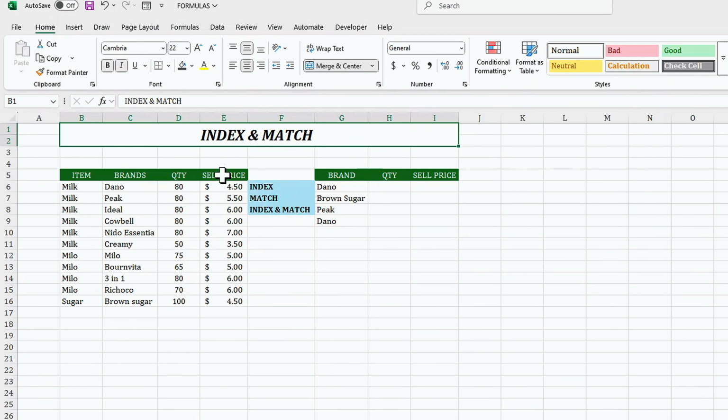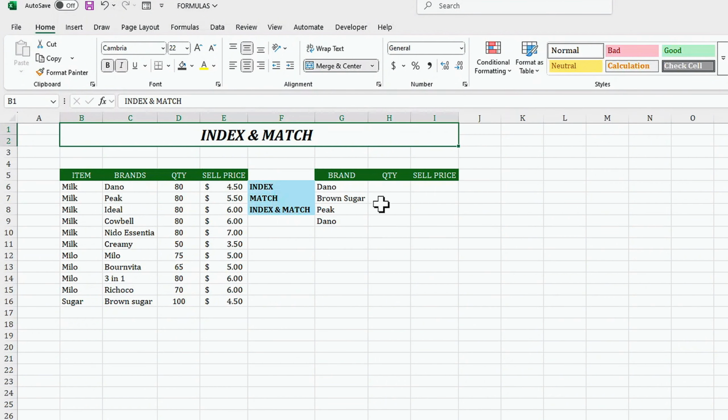Well, they are not necessarily just a single function. Rather, they are two separate functions that are very dependent on each other, like Superman and Lois Lane. And in today's video, we will learn the basics of it, and I hope you really like to use it going forward. And so we are going to use this data to learn a little bit about the index and